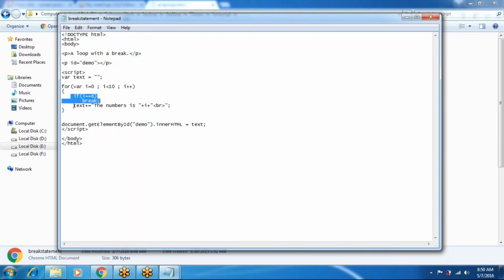So 1 is also added to the text variable. Like this the loop continues until the i value equals 6, so the loop breaks. The cursor jumps to the next statement, so after the for loop, whatever the next statement is will execute. We can break the for loop after any condition is successful.